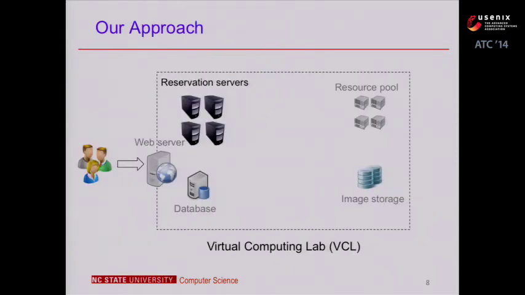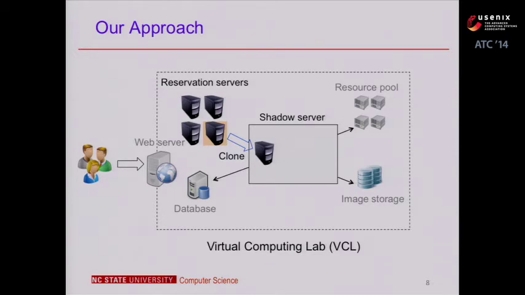I'm showing here our approach. Same system, the VCL system I showed you before. If we detect a failure happening at the reservation server, we clone this faulty component to create a shadow server, and instead of performing the analysis directly on the production component, we perform it on the shadow server. Because, as I mentioned before, we want to leverage the environment information, we still allow this component to interact with other components in the system. Of course, we have to prevent some side effects that the shadow component might cause on the production system. I'm going to talk about that in the coming slides.